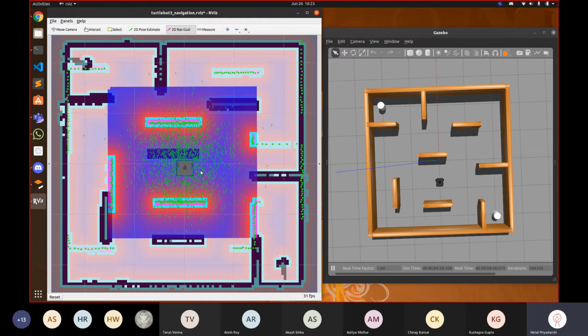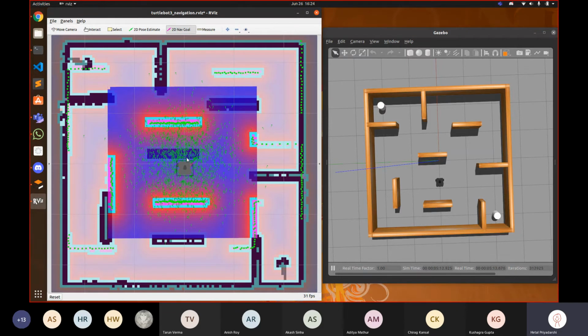Basically, there is this probability distribution of where the robot can be; these are the multiple positions where it might be. What we'll do is provide a certain goal to the robot, and then the robot will move a bit. There is this blue square region, which is called the local costmap. The pink marks, like the one where I'm hovering the mouse, are the obstacles which the robot can see, and the black ones are the obstacles which the robot has in mind inside its map.